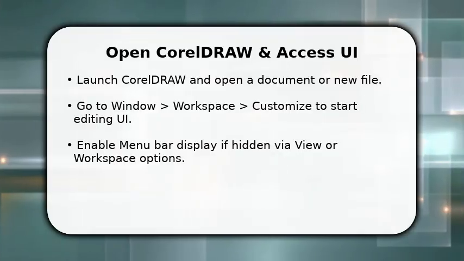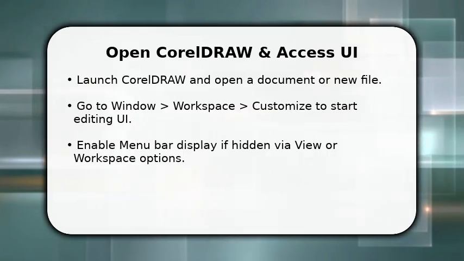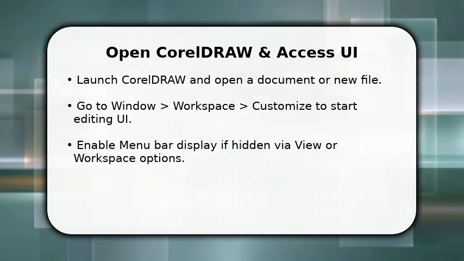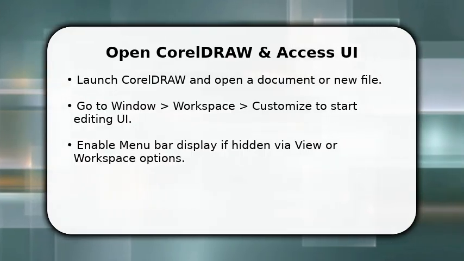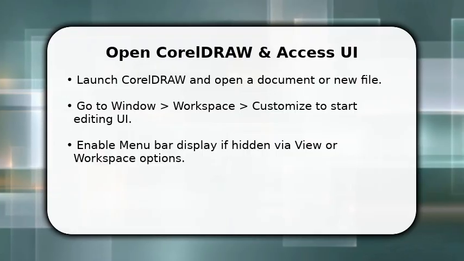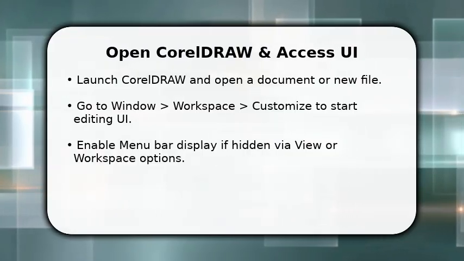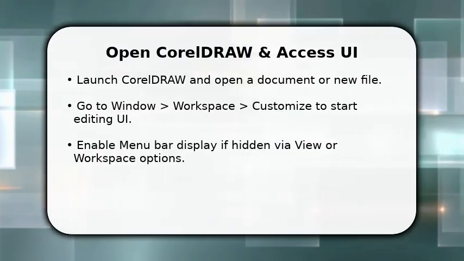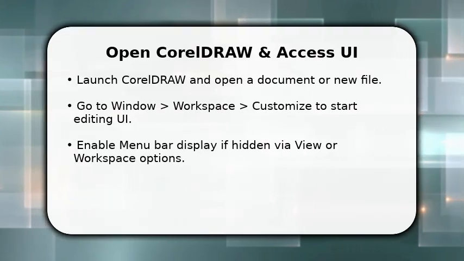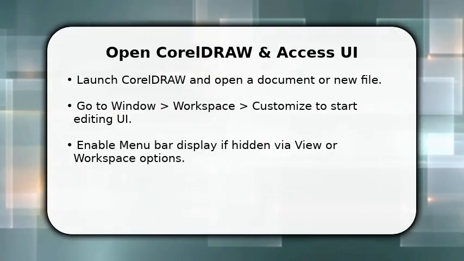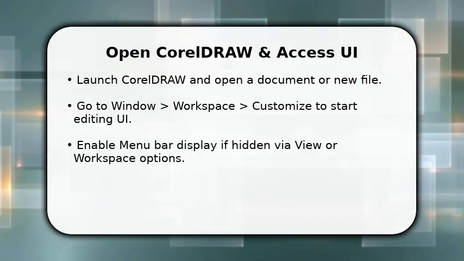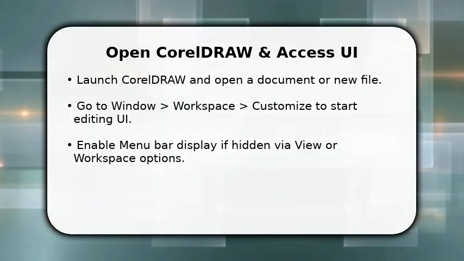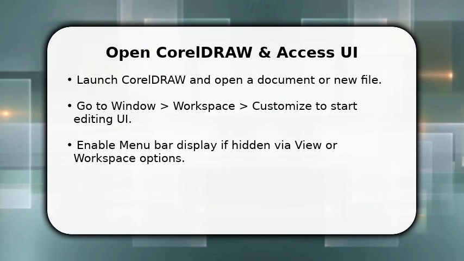You start by opening CorelDRAW and a working document, so changes apply immediately. Once done, navigate to Window, then Workspace, and choose Customize to enter UI editing mode. Make sure the menu bar is visible in view. If hidden, toggle it on. You're enabling direct access to menu items so you can rearrange or restore commands. This first step places you where CorelDRAW lets you modify toolbar and menu settings without guessing, and prepares the workspace